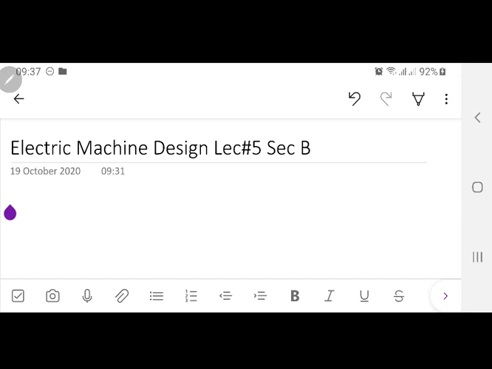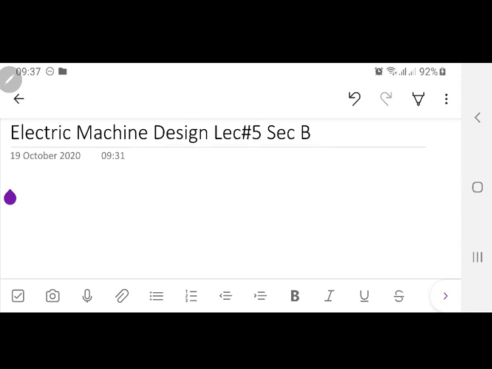Okay, so today it's lecture number 5 for machine design, and today we are talking about the winding a little bit over here. And today I am actually moving on towards this book, Design of Transformers, and technically the chapter is chapter number 4 and chapter number 3 actually. In chapter number 4, nothing much standard has been talked about, and in chapter number 5 we actually move on towards 100 kVA transformer design.